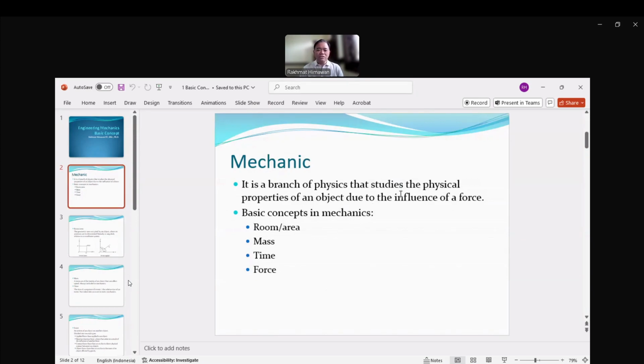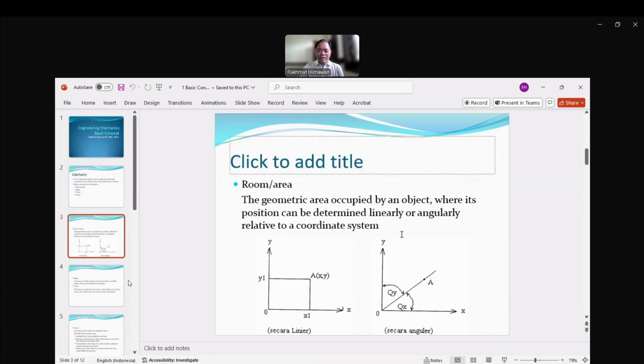Basically, it's just a branch of physics, so it has to be based on the physical property of an object. So we have an object influenced by a force. Okay, and then we also learn about room or area, which is the coordinate x and